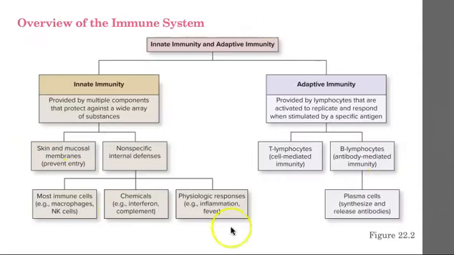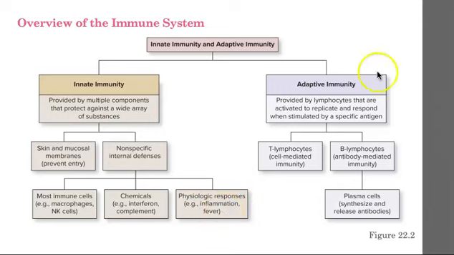And I really like this figure here because it does a good job outlining an overview of each of these systems. So looking over at our innate immunity, like we said, we have multiple components that are going to protect against a wide array of substances. We have some physical defenses like our skin and mucosal membranes that help prevent entry of that pathogen into our body, and then our non-specific internal defenses that can include most of our immune cells like macrophages and NK cells, chemicals,